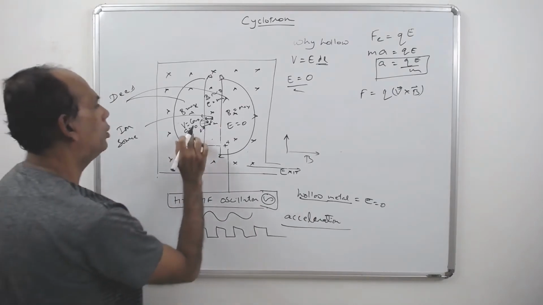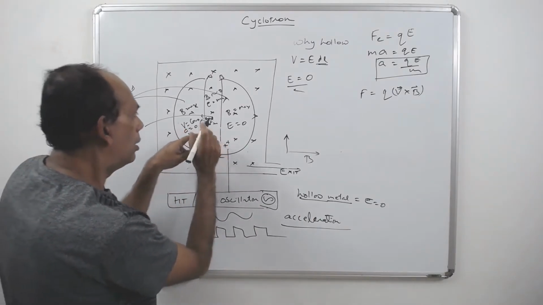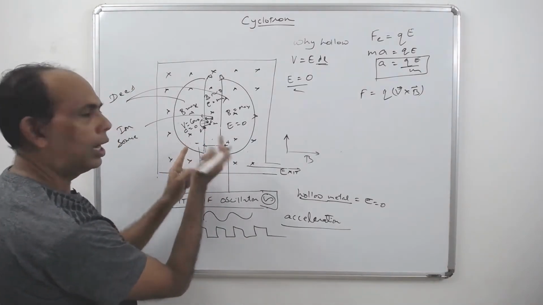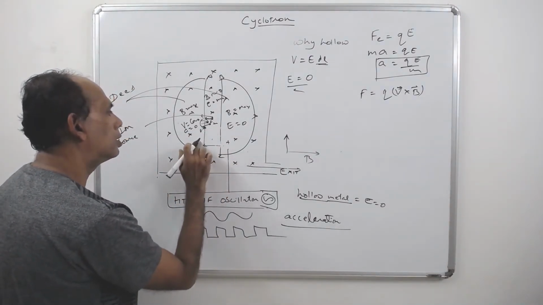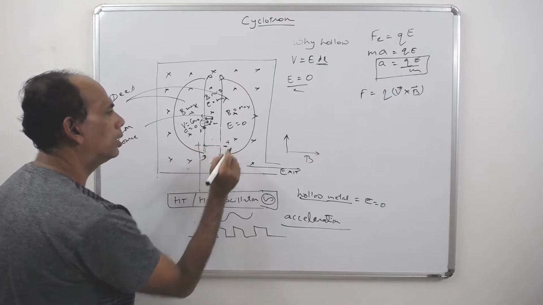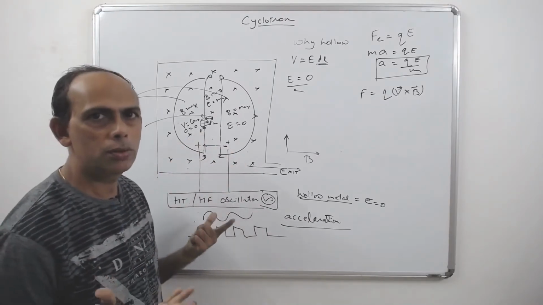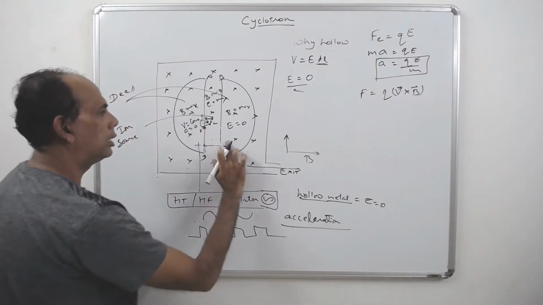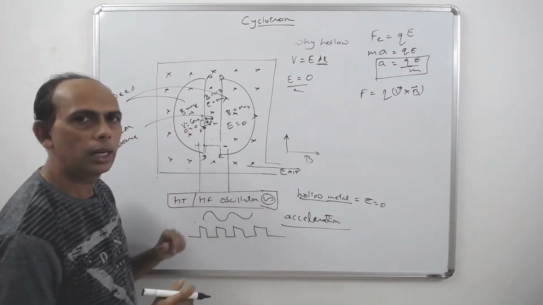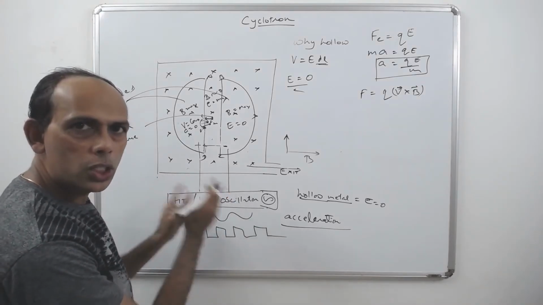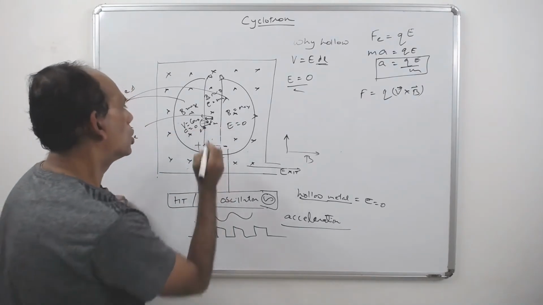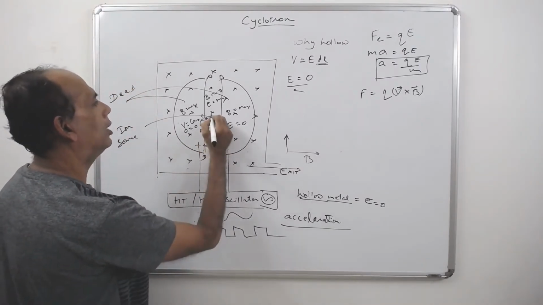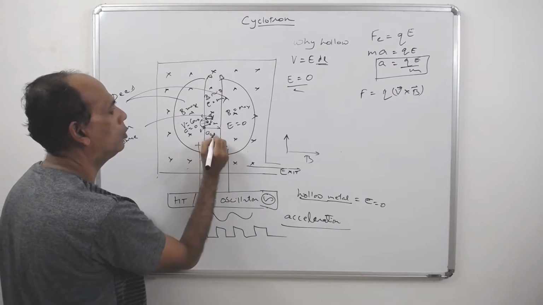Now here we know acceleration is 0. The moment it comes over here, this one switches to a different polarity, this becomes plus and this becomes minus. Now our positive charge will always go to the minus side. So it will go to the minus side. Because the oscillation has changed now, it goes with a higher acceleration. This was a1, and a2 is greater than a1.